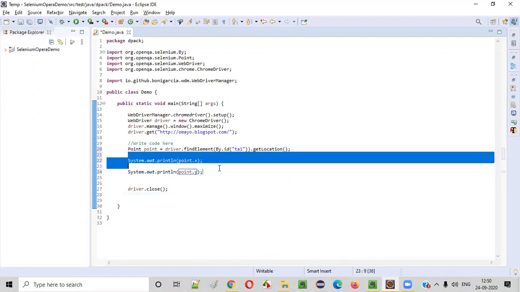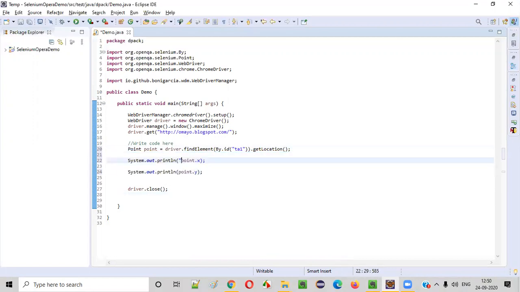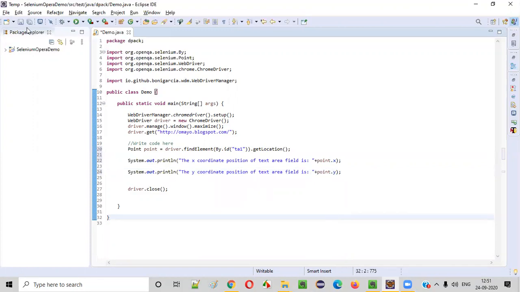Now let's improvise this print statement so that we can understand the output. Like this, I'll put some double quotes and a plus symbol, and inside the double quotes, I will write: the x coordinate position of text area field is, like this. The y coordinate position of text area field is point.y, like this.